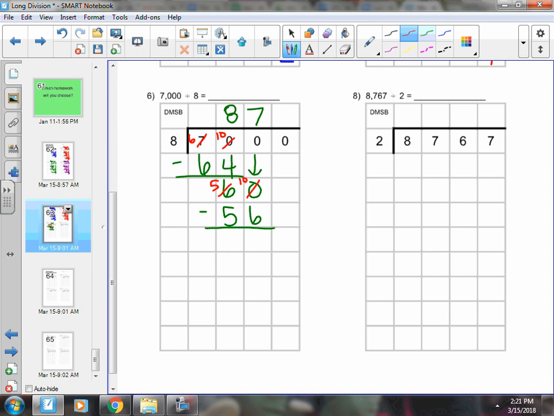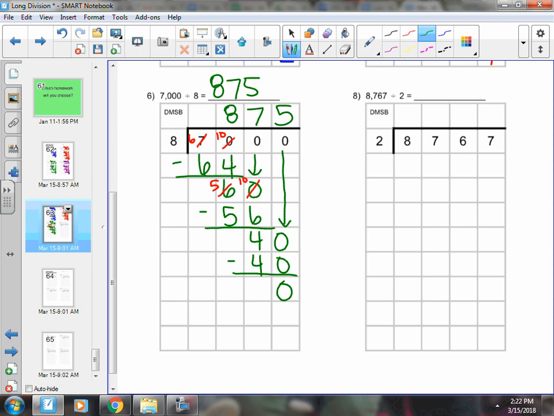Subtract. Bring down. And 8 goes into 45 times. Multiply. Subtract. There's nothing to bring down. That's when you know you're done. And the last one on the page,